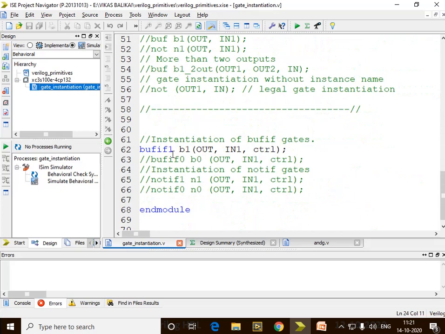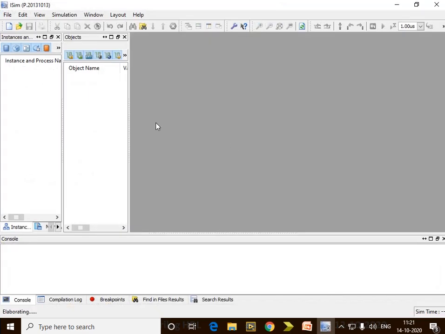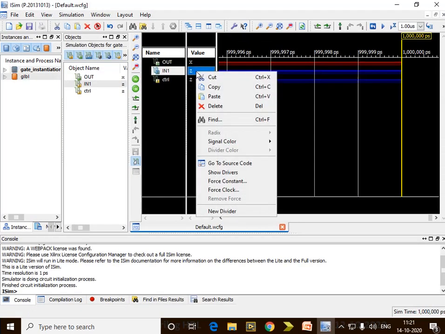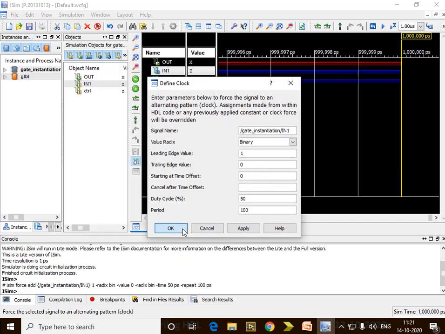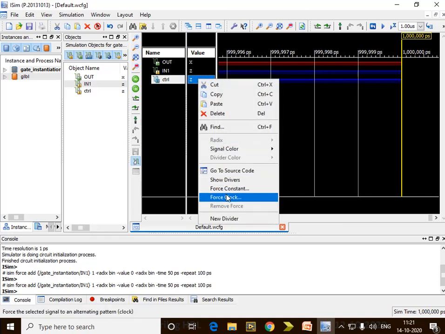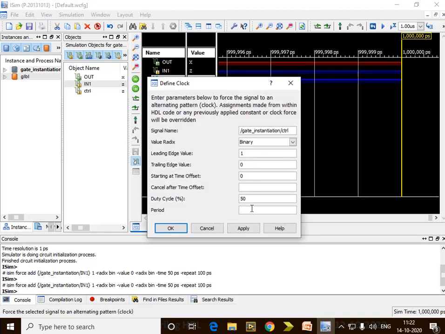Now what program are we running? We are running the program of BUFF1. In the sense, this should work as a buffer only when the control signal has a value of 1. So let me force the input as a clock, and let me force the control signal also as a clock.